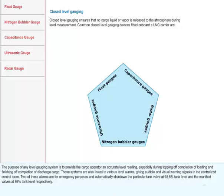Closed-level gauging. Closed-level gauging ensures that no cargo liquid or vapor is released to the atmosphere during level measurement. Common closed-level gauging devices fitted on board an LNG carrier are float gauges, capacitance gauges, radar gauges, nitrogen bubbler gauges, and ultrasonic gauges. The purpose of any level gauging system is to provide the cargo operator an accurate level reading,